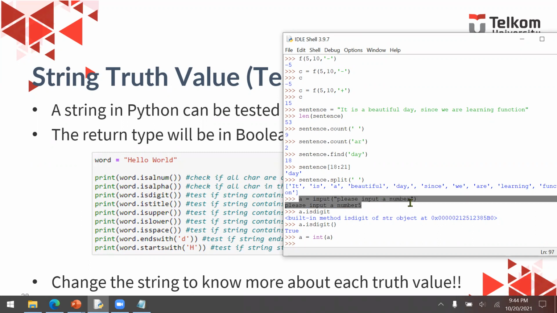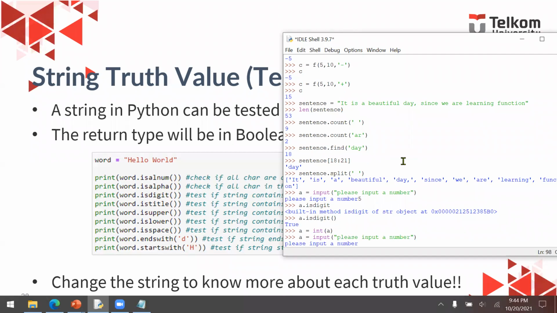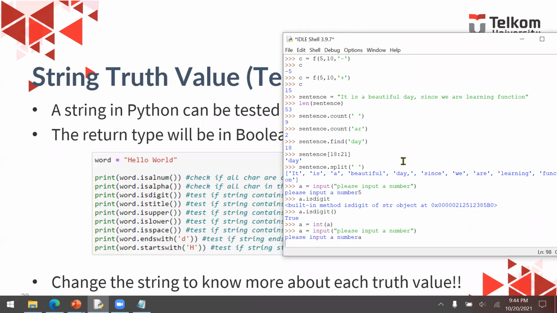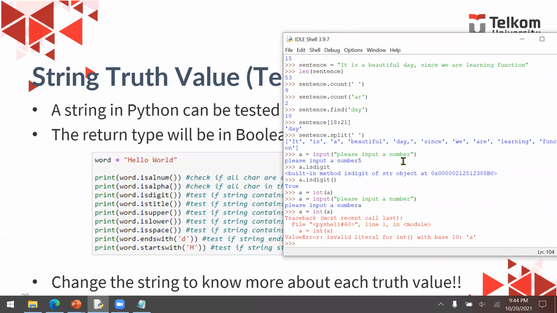However, if I use something like this, the user uses A in this case. And then if I'm going to use the casting integer, A equals integer A, then it will return an error because A is a character, not a number. So that's why before we use the casting function, we can check first whether the input from the user is actually a digit or not.